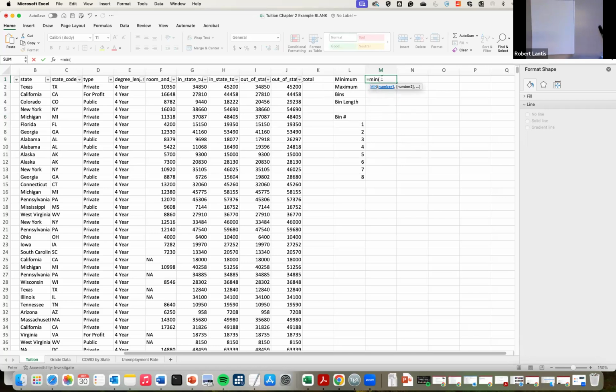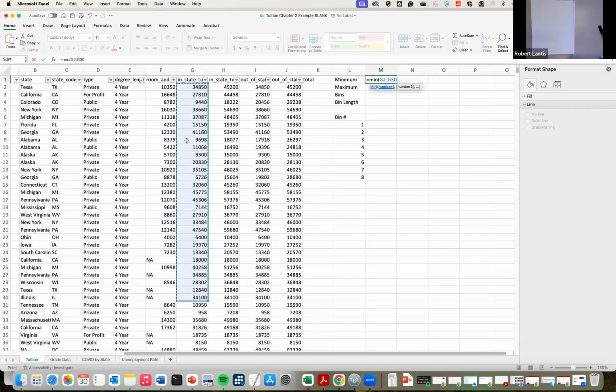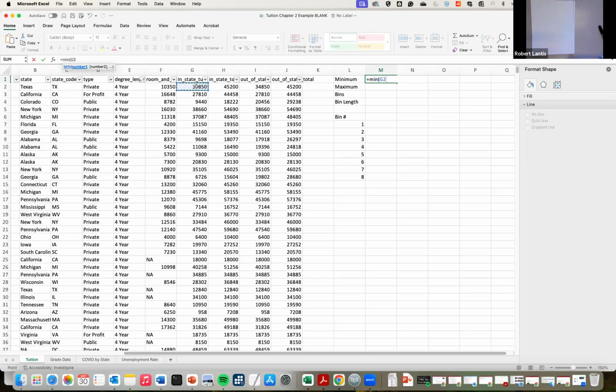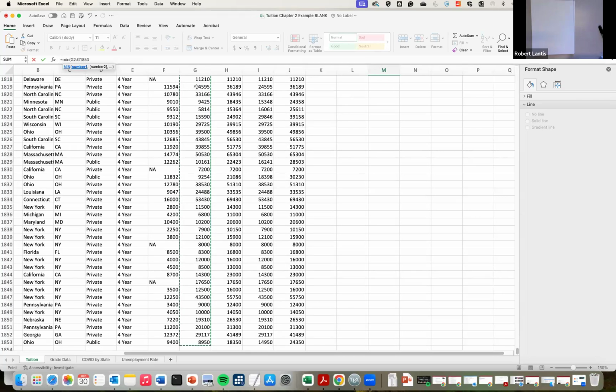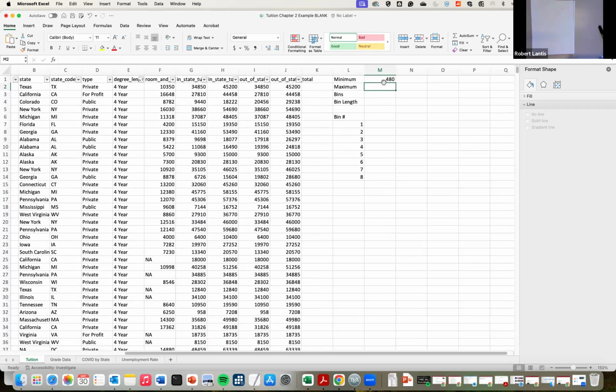So I'm going to find the minimum here. The minimum of this column G, in-state tuition. Instead of highlighting all the way down, because there are lots of observations here, a nice easy shortcut is, once I select the first observation, hold Control Shift, or Command Shift on a Mac, and hit your down arrow. Then hit enter, and it's going to give you the minimum value in that range,